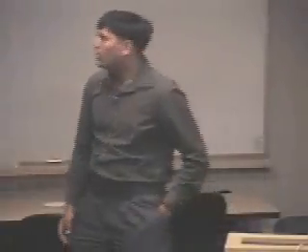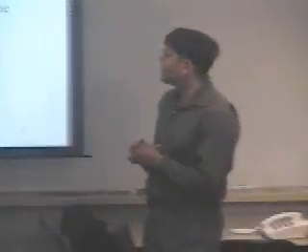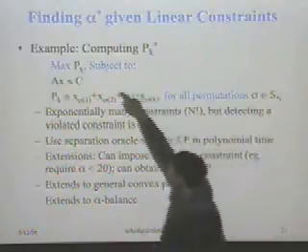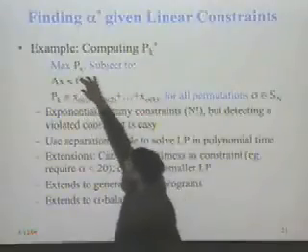I'm not going to give the whole construction for the whole algorithm for finding it, but suppose we just want to compute pk star. This will give you all the intuition about how to compute alpha star. Suppose you want to find the largest possible value of the prefix pk. You can write a program which says maximize pk subject to Ax = c, which was your original constraints,